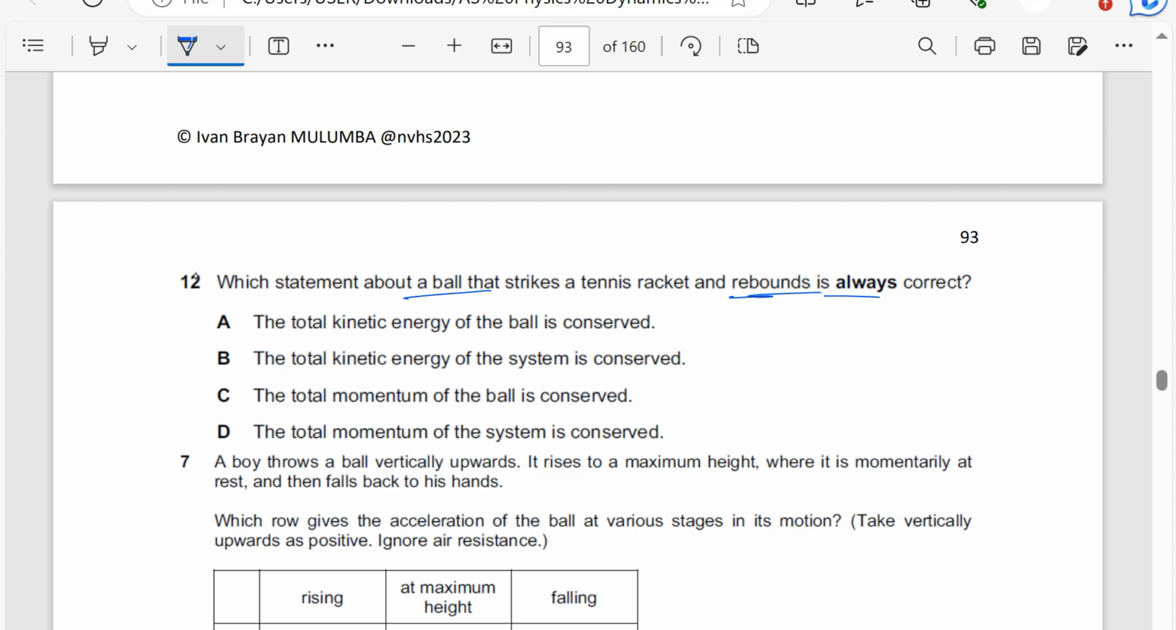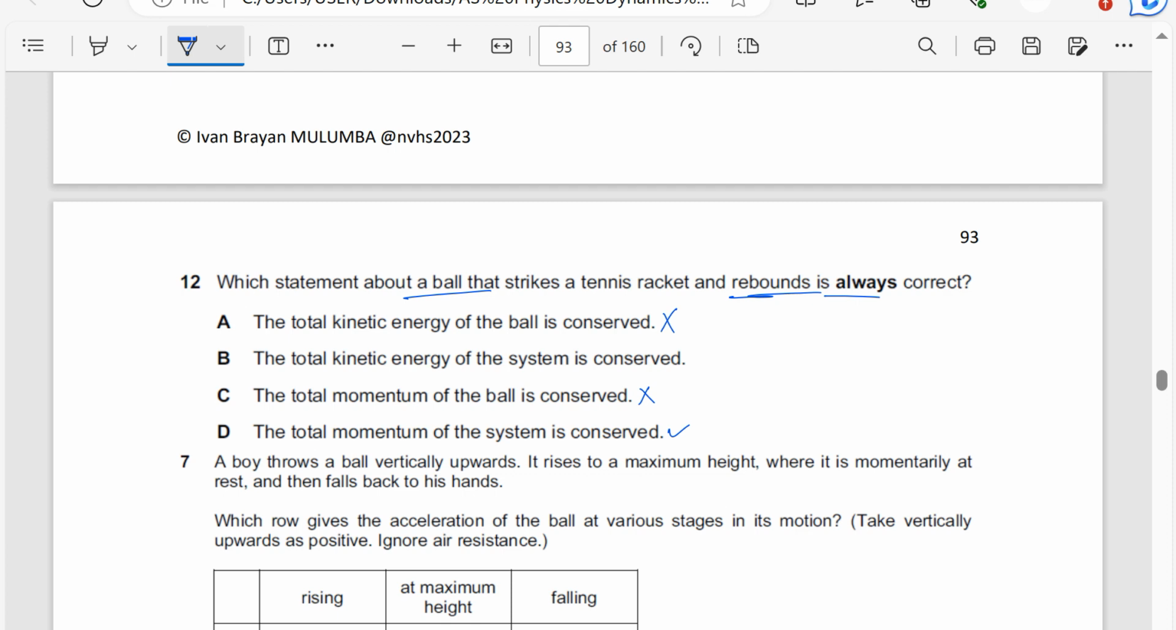Total momentum of the system, the ball and the racket, is always conserved. Total momentum of the ball alone is not conserved. Total kinetic energy of the ball is not conserved. If we say total kinetic energy of the ball is conserved, that is not correct, because